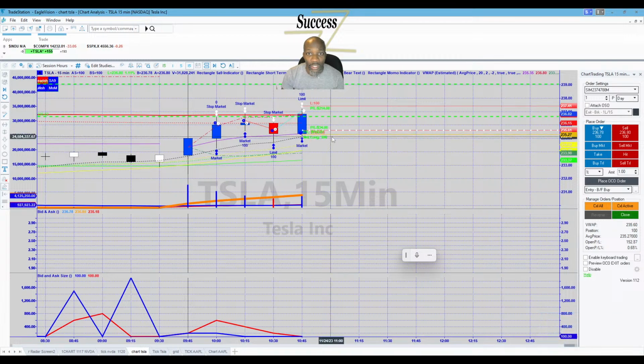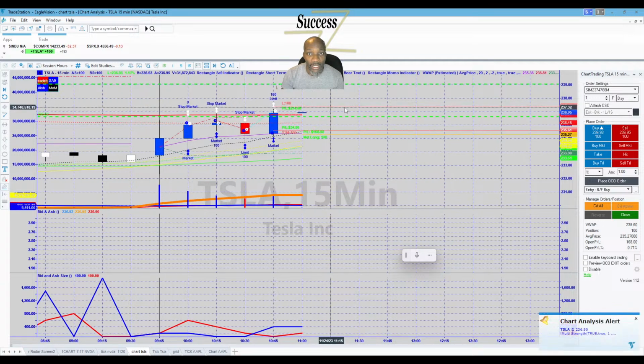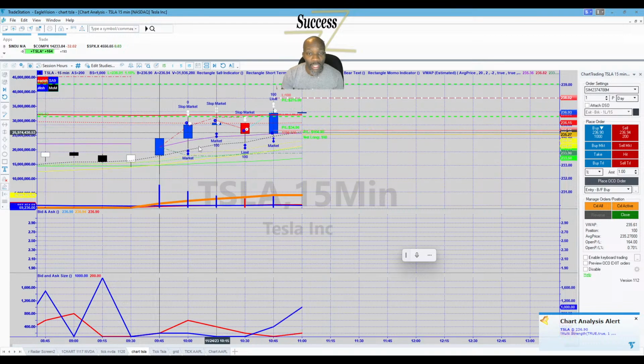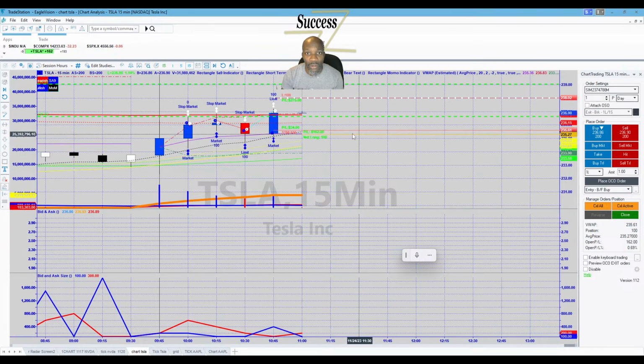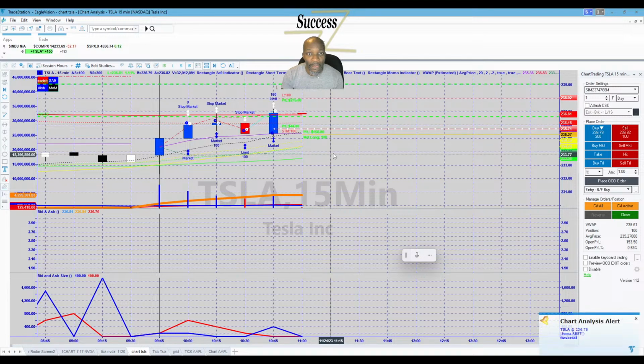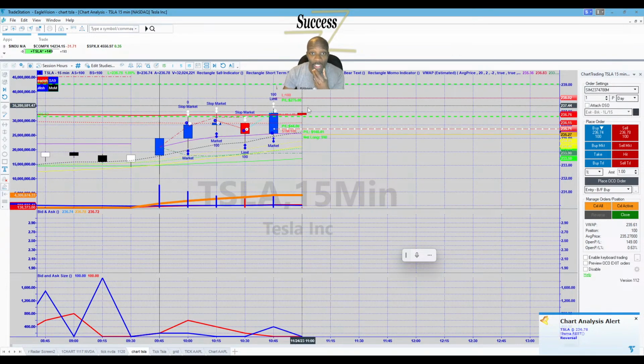All right, so you see that green line was my entry. I'm going to move it up, because looking at the 15-minute time frame, this did a nice move, a little bit of lateral consolidation and/or retracement, and now it looks like it really can move up. So this would be that support. I mean, it could trend sideways for sure, but